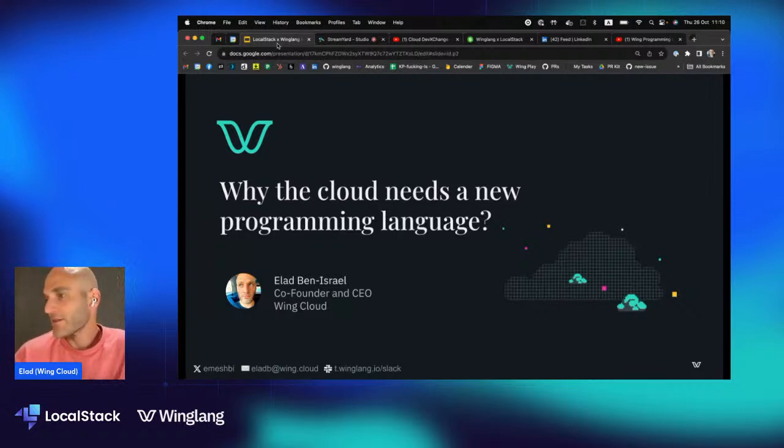I don't think that the only way to build cloud applications is using something like Winglang. And what we're actually planning is to release some of our SDK capabilities to other languages as well, in case people are interested in using those capabilities from different languages. But I think that the experience that we can get when we have full stack control over the full programming stack is pretty amazing, and I'm really excited about the DX that we're able